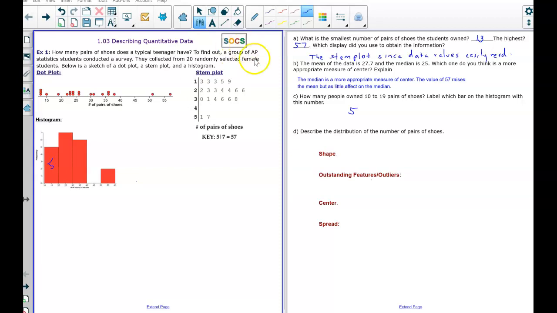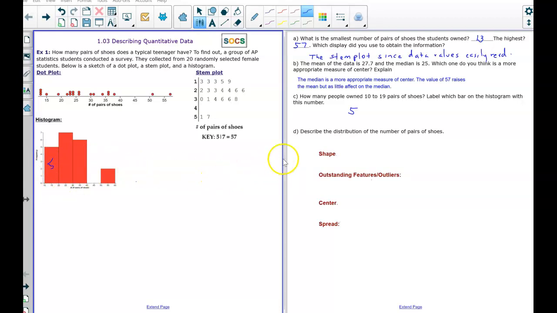So when your distribution contains values that are quite unusual, you're better off using the median. When your distribution is somewhat symmetric, you're better off using the actual mean. And we'll get more into that in future lessons. Part C, how many people own 10 to 19 pairs of shoes? Again, I used the stem plot and I counted 5 people, and then I labeled it in the appropriate area